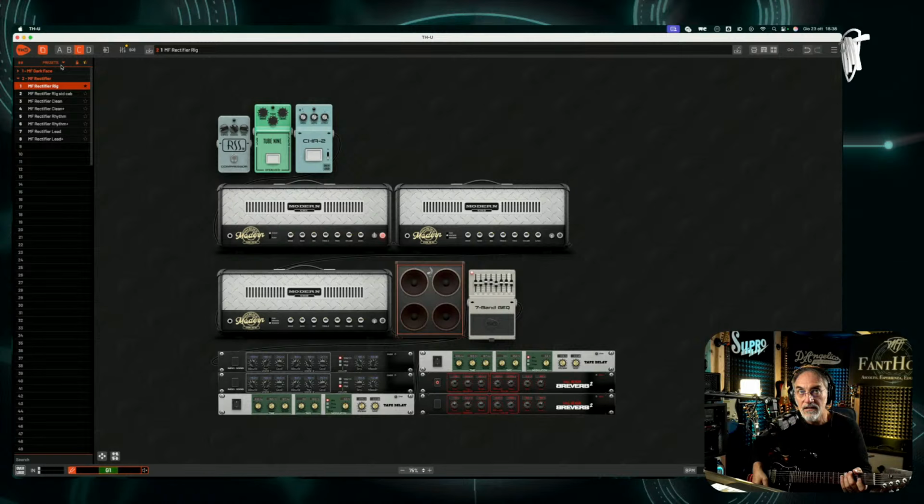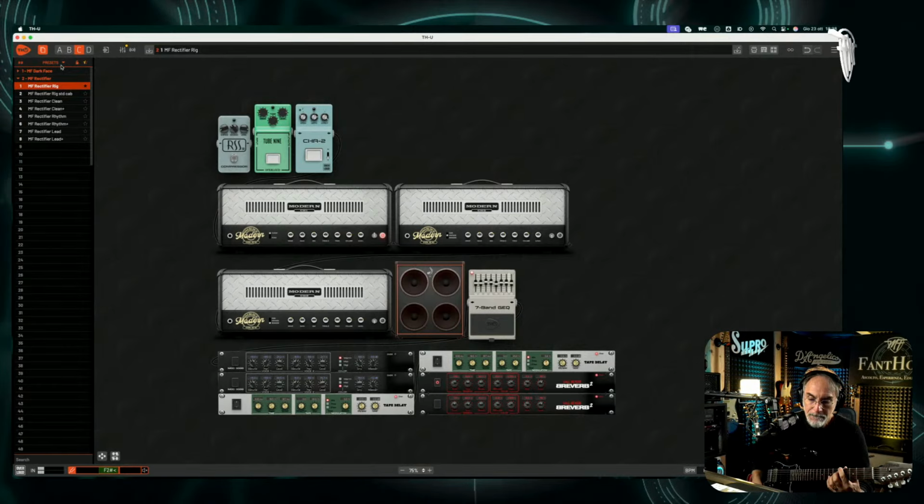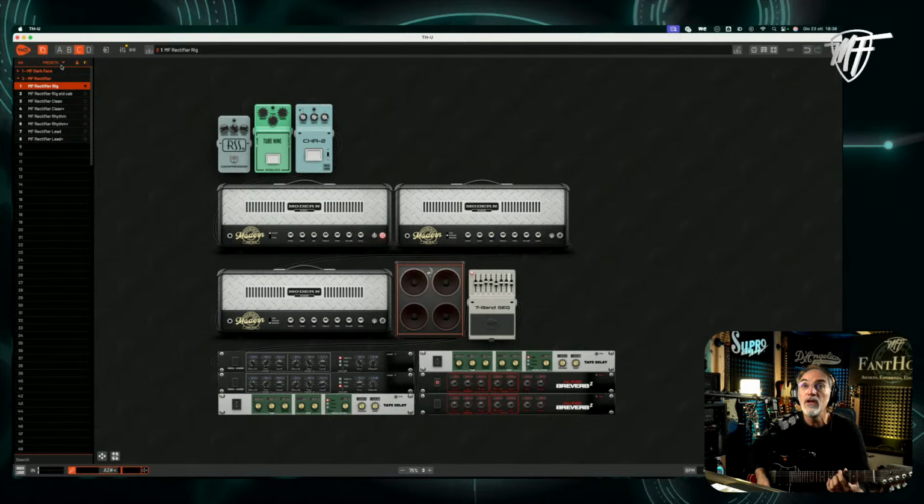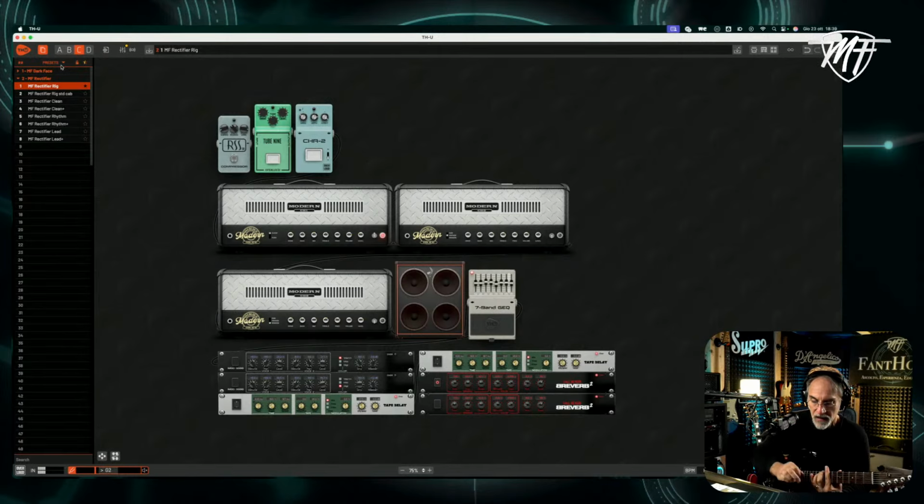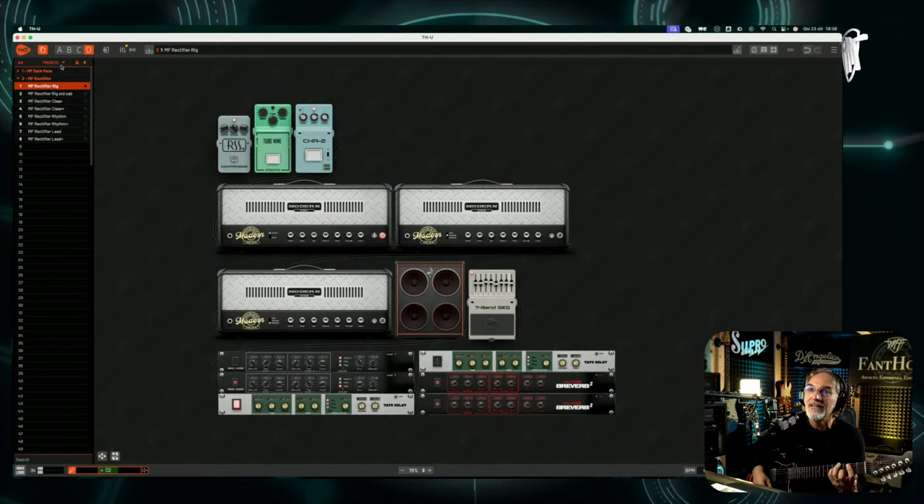On scene C, it is a clean, really clean. And on scene D, I use to recall the